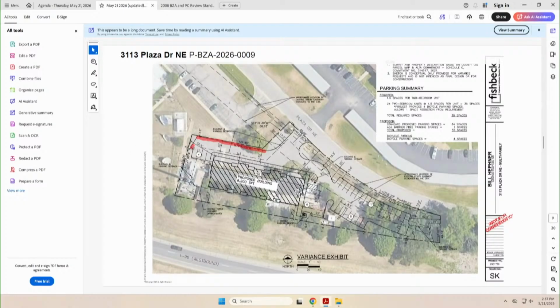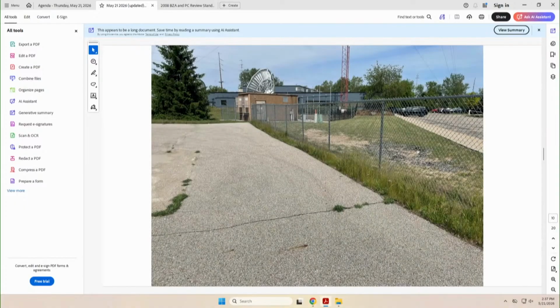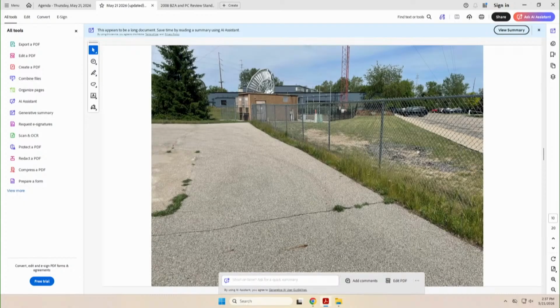I know it looks like just a line, but there's about 5.8 feet of that parking area, at its closest, in the side yard setback. And you can see the side yard indicated in the photo there. You can see the television station in the background of the photo. The property line, although we didn't have accurate measurements on site, can be assumed to be that fence line as shown on the screen.